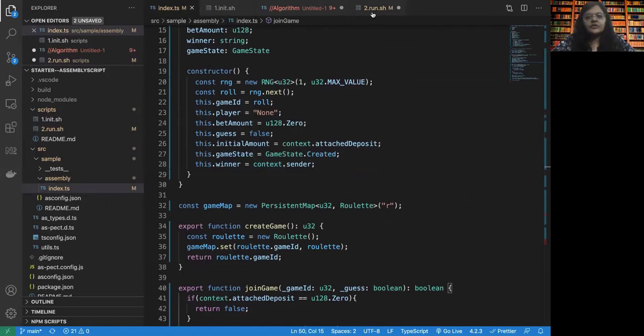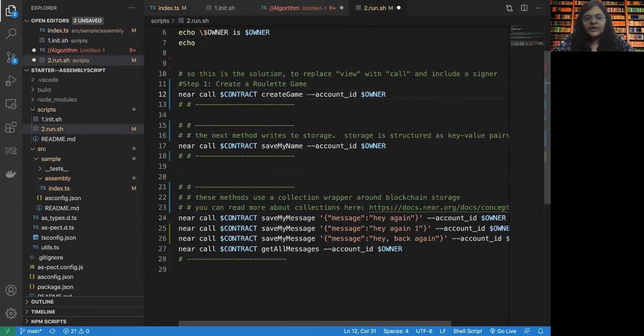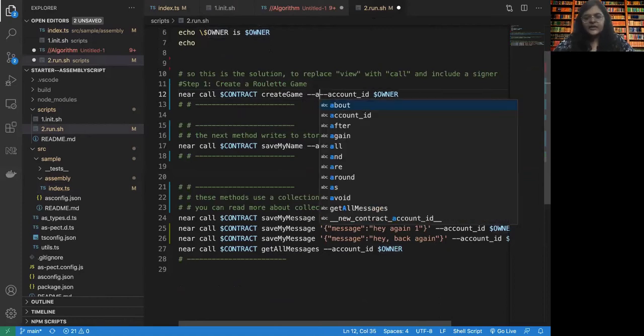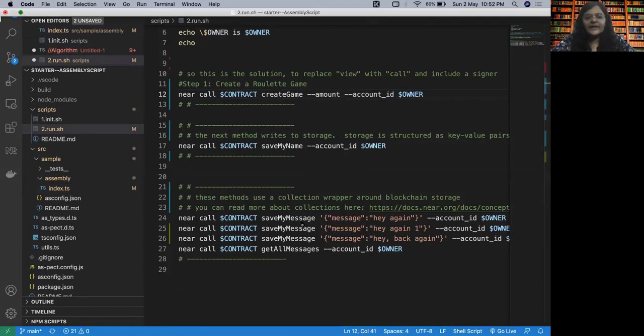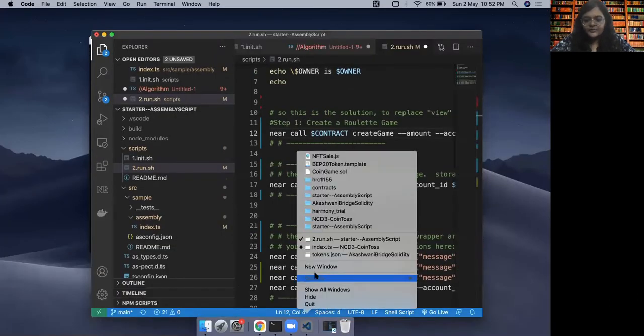So what we are going to do is call create game. We have a context dot sender that will be the owner. We will set the owner variable, and then we will also set the amount. How much amount would we need to spend or are we sending? Now, since it is a U128, we need to be careful as to how much amount we are sending.